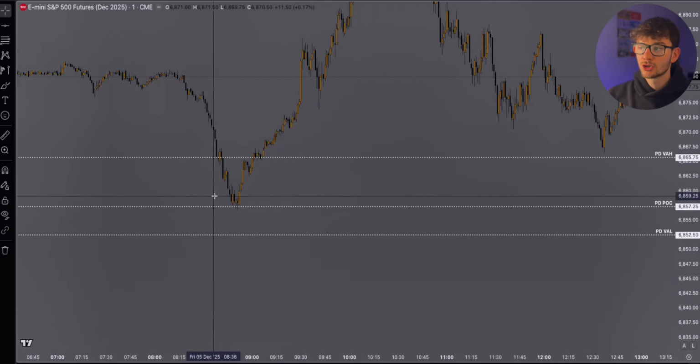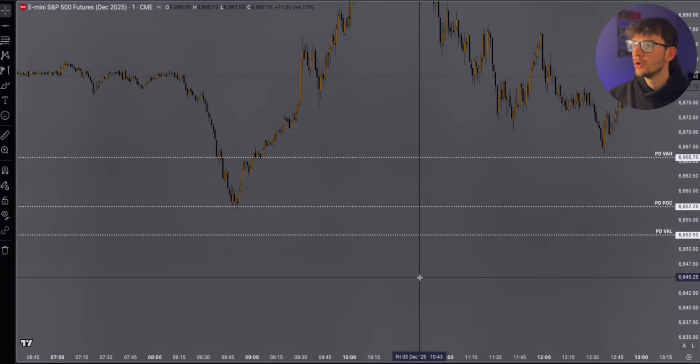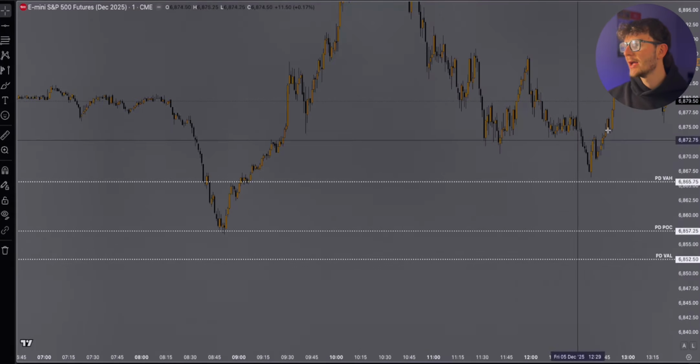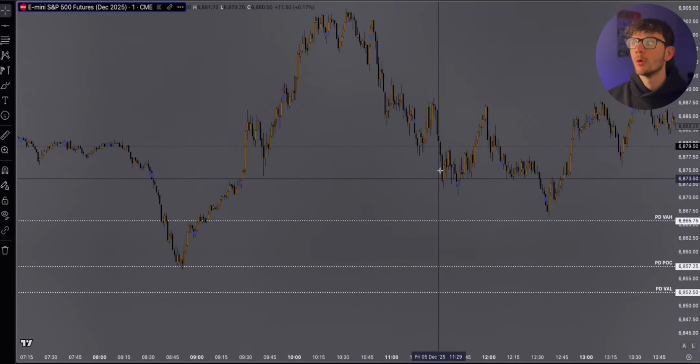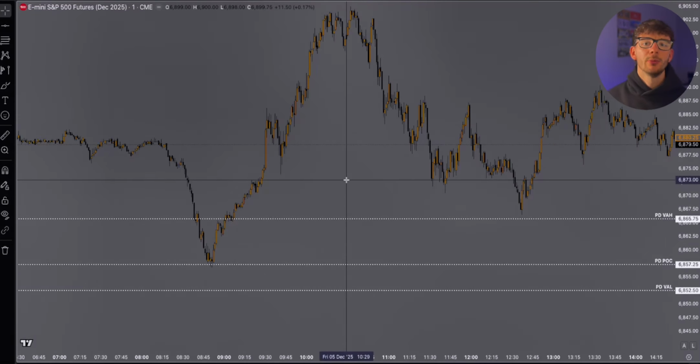Now, this might be a trade, this might not. It depends on how you want to trade volume profile, but I kind of just wanted to do this to show you the power of the volume profile. But like I said, I will put more than just this previous day's profile on my chart when I'm trading,